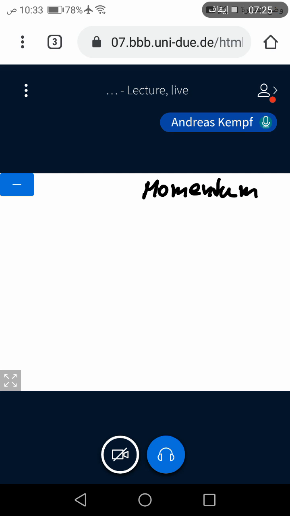First, I have to write down the conservation equation. Remind me if I make any error. Del rho ui del t plus del rho ui uj del xj equals minus del p over del xi